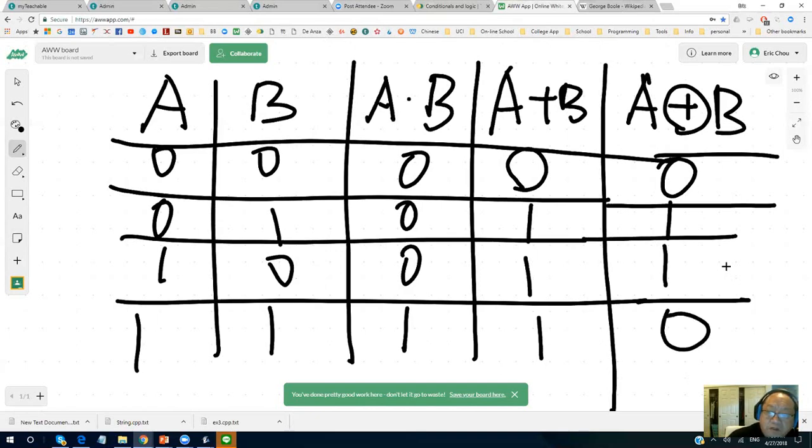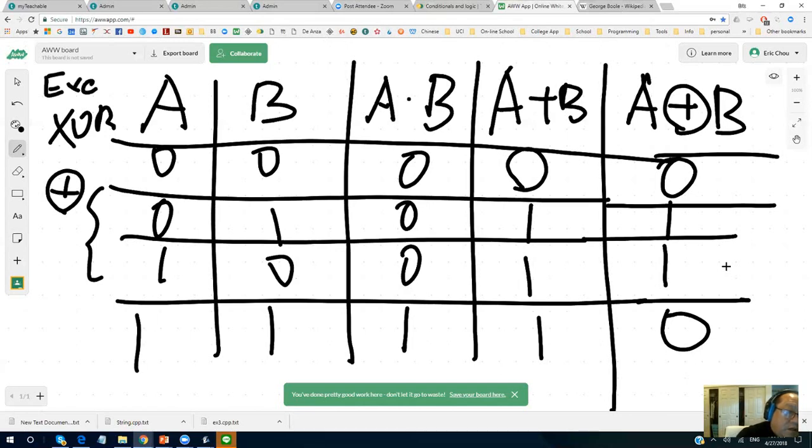That only allows one of them to happen. Sometimes we write down the XOR. It's called inclusive OR, meaning only one of them can happen. So where will inclusive OR apply?